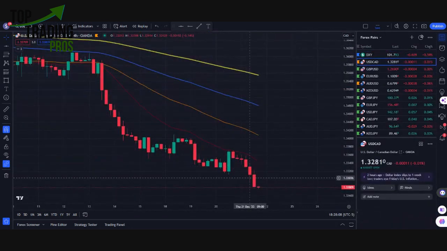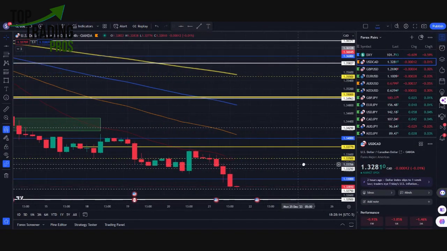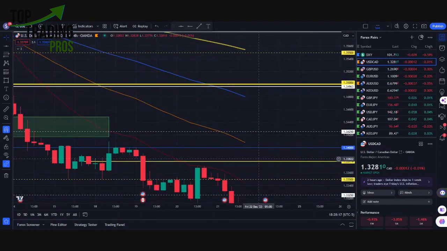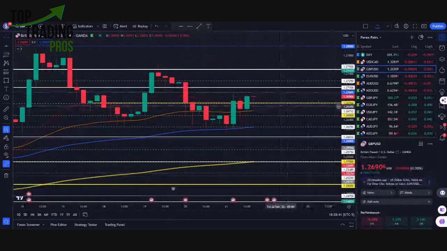We did get the breakdown of 133 here for the UC pair as well. So we got the break here also, and we can see the full breakdown here. Now we have this minor quarter level, which we talked about earlier today, holding temporarily. We will likely get this one to drop down to this major quarter level, 132,500. With 132,500 being the support area, this is likely where we'll get the price to stop out and pause.